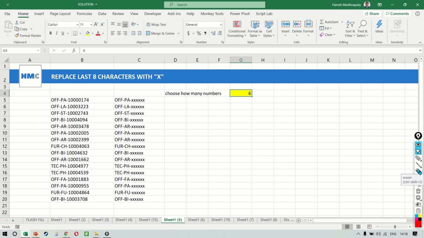So this time you notice when I change it to 1 or to 4 or to 8, it automatically keeps on changing this.